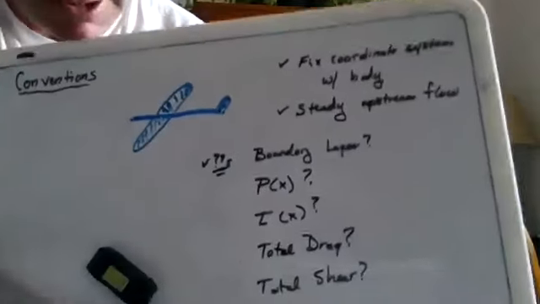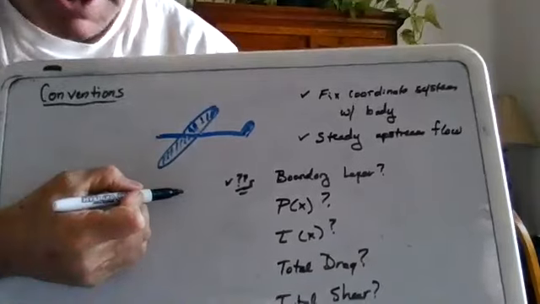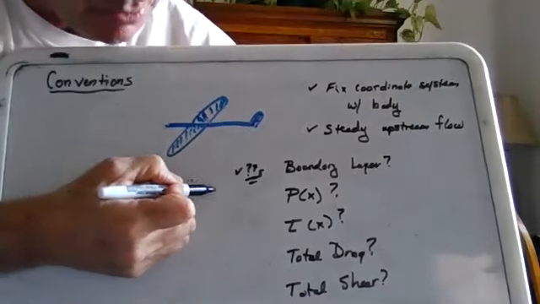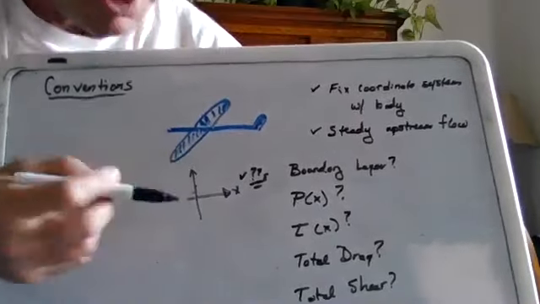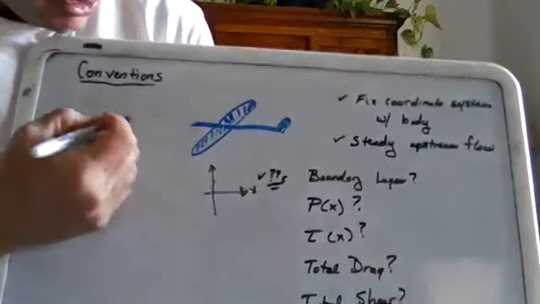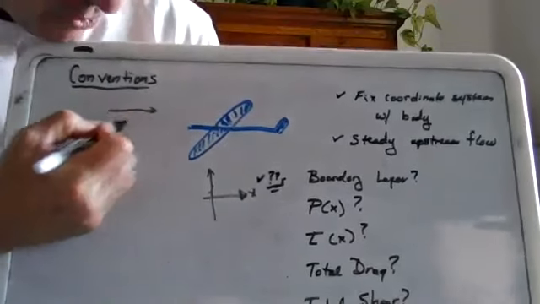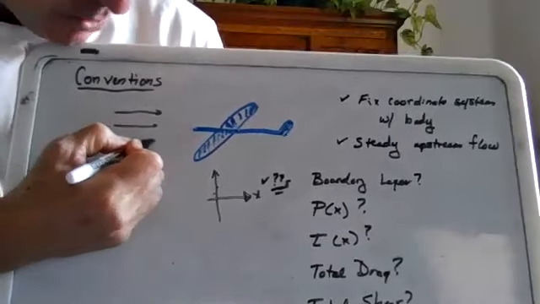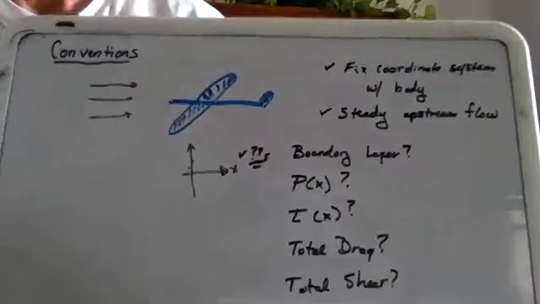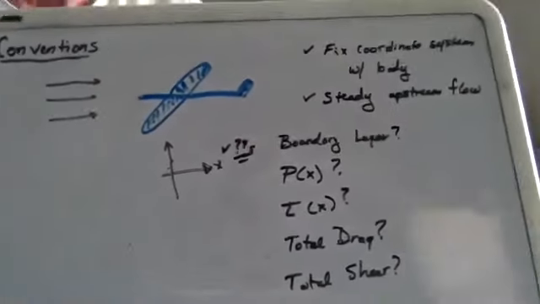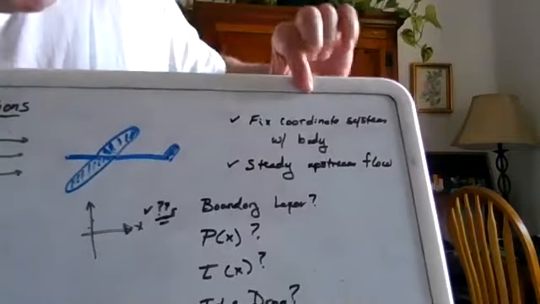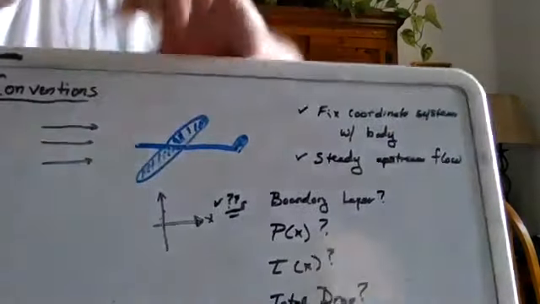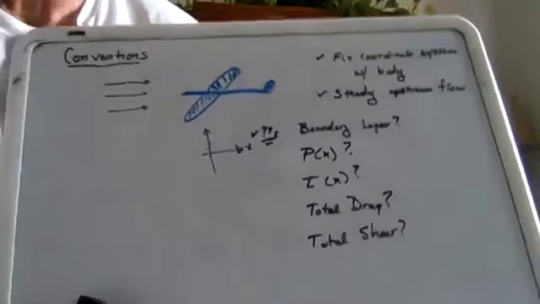So in a case like this, we would actually say, in this case here, maybe put an x-axis going like this to the right, and a y-axis being vertical like that. And we're going to think of the plane's position as being stationary, and we're going to think of there being a uniform flow coming over this way like that, whatever the speed is, 500 miles per hour, 800 miles per hour, 200 miles per hour, 30 feet per second, etc. Okay, so again, some conventions that you're going to see, every single drawing, the object's going to be stationary, and the fluid's going to be moving with some sort of upstream velocity, which your